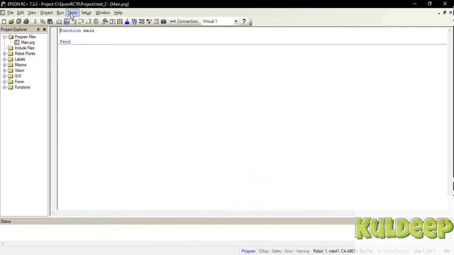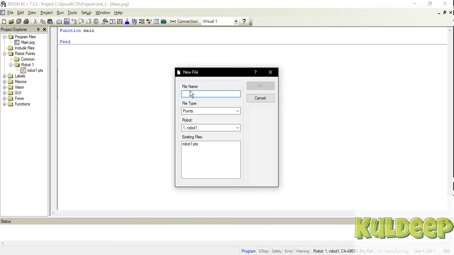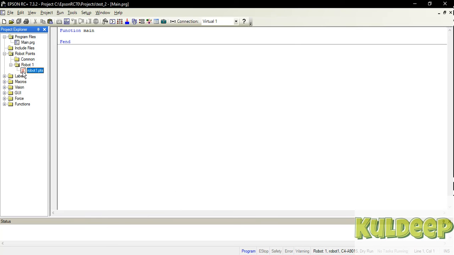Now I'll show you how to do programming in the robot. First of all, we need to define robot points, that is how many points or surfaces you want to go to. So just make a new file. It is already made, robot points one.